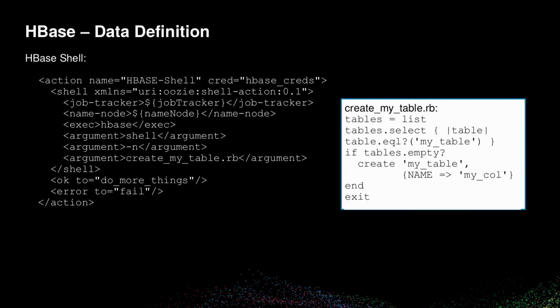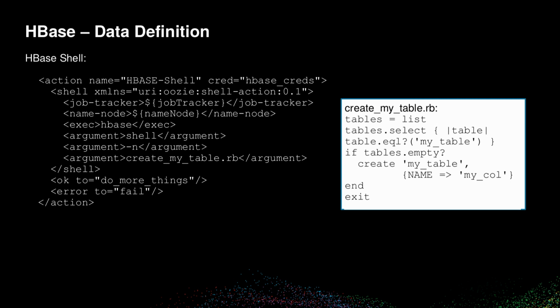And here we've got an action that would leverage those credentials, and it uses HBase shell. If anyone has used HBase shell, it's this nice Ruby API to talk to HBase, maintained by the HBase community, so it's always API compatible with the version you're running. And one of the big questions here is, well, how do I create tables? There's no native HBase action in Oozie today, but I need to create a table.